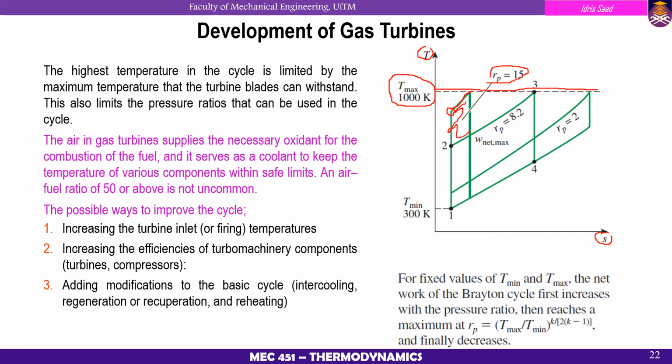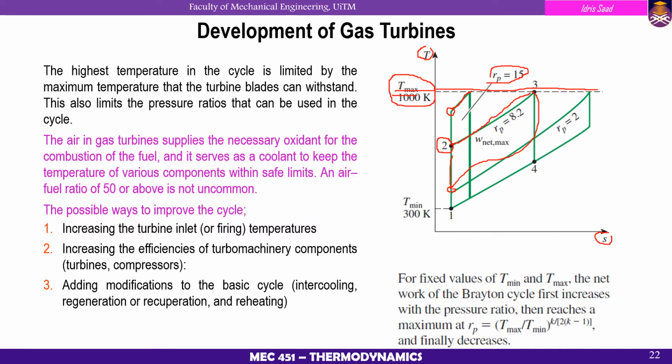Okay, all right, so this is the area underneath that produces the work. If we compress our air to this temperature, then this is how much heat addition we can input. Also, the lower the temperature increase at the compressor, the higher the heat input we can give into the system. So basically, we have to calculate the ideal compression ratio with the temperature limit in order to produce the maximum work output.